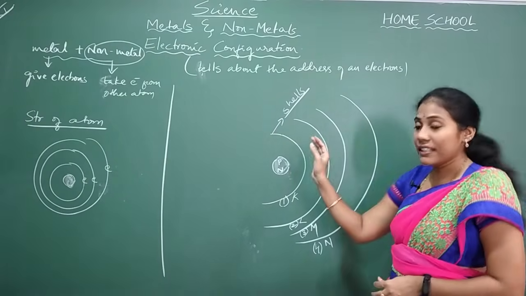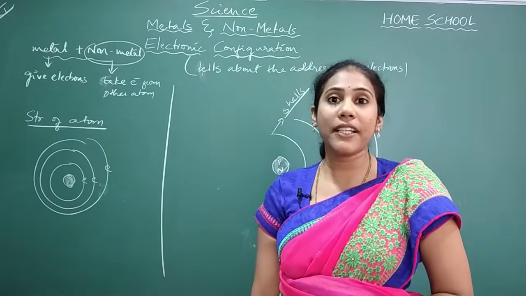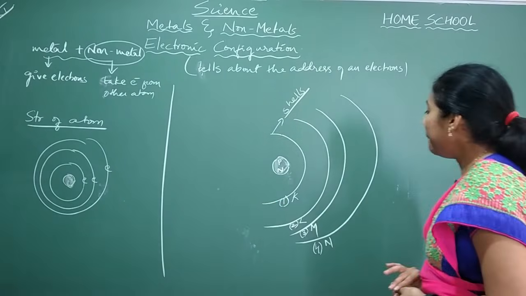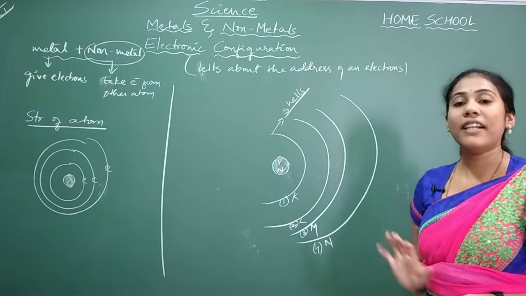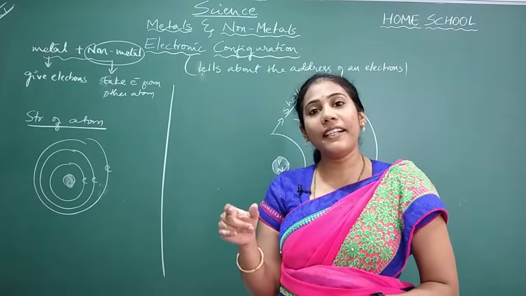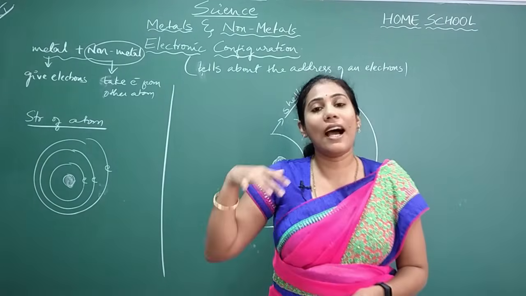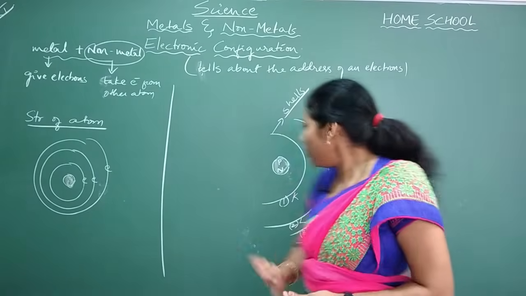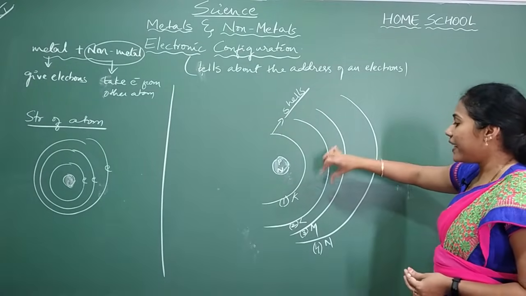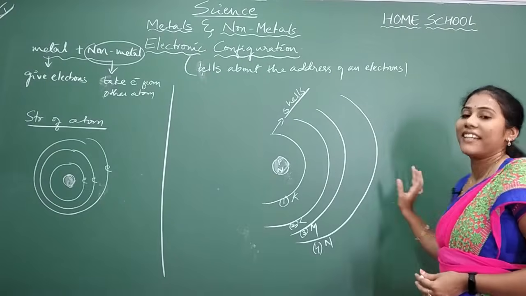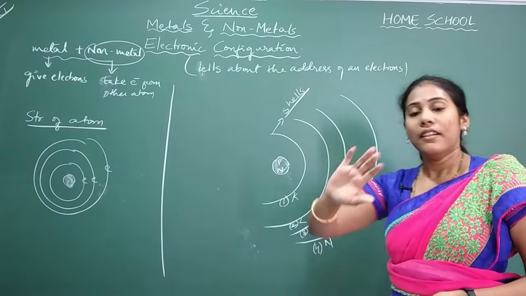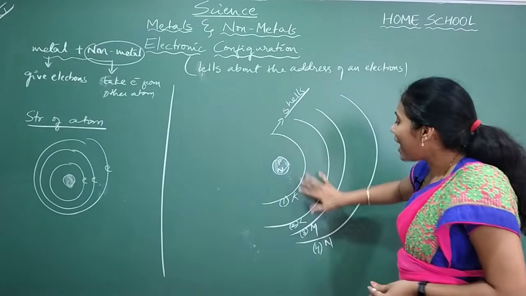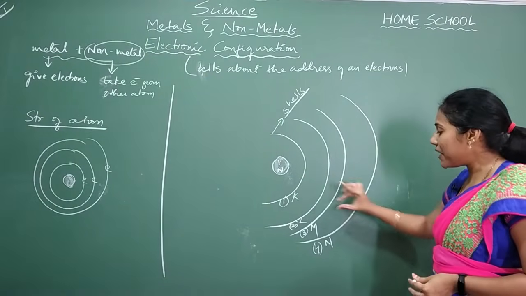Now, these are our main shells. In each shell, there are again subshells. Say for example, the atom is your district. A district always contains taluks. Say our district is Koppal district, and it has main taluks. So here K is one taluk, L is one taluk, M is one taluk, N is one taluk. Remember, the atom is the district, and the district will have taluks. Which are the taluks here? K taluk, L taluk, M taluk, and N taluk.